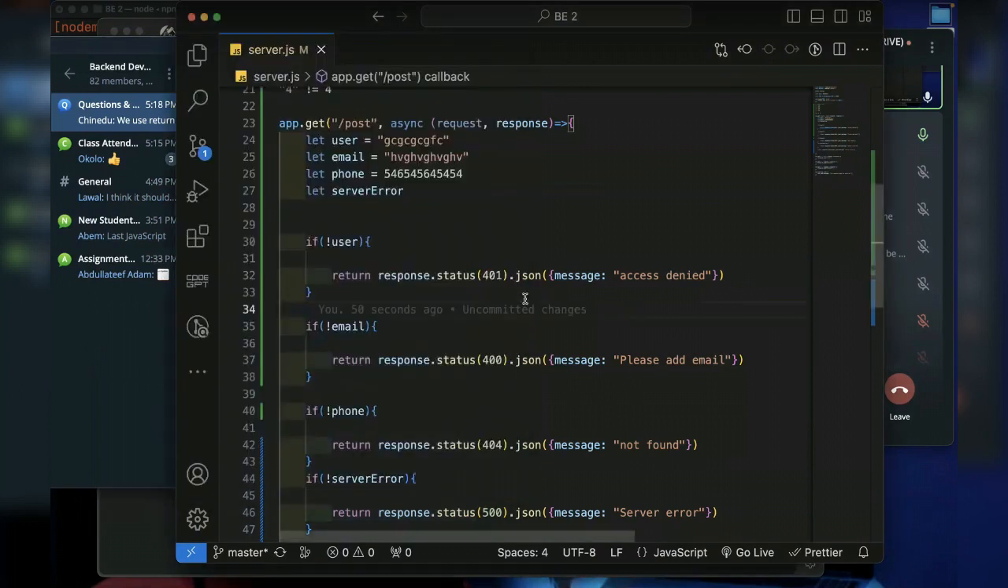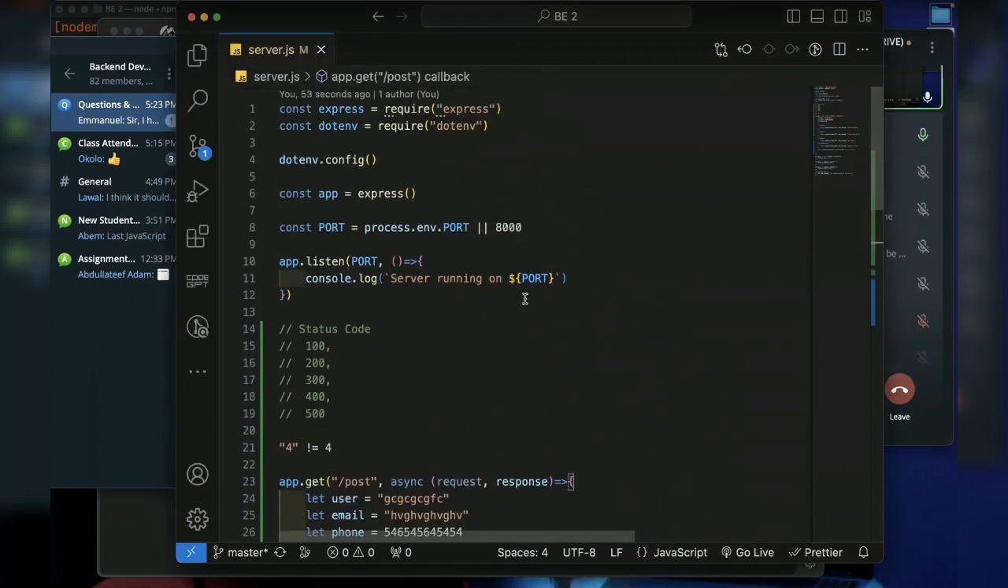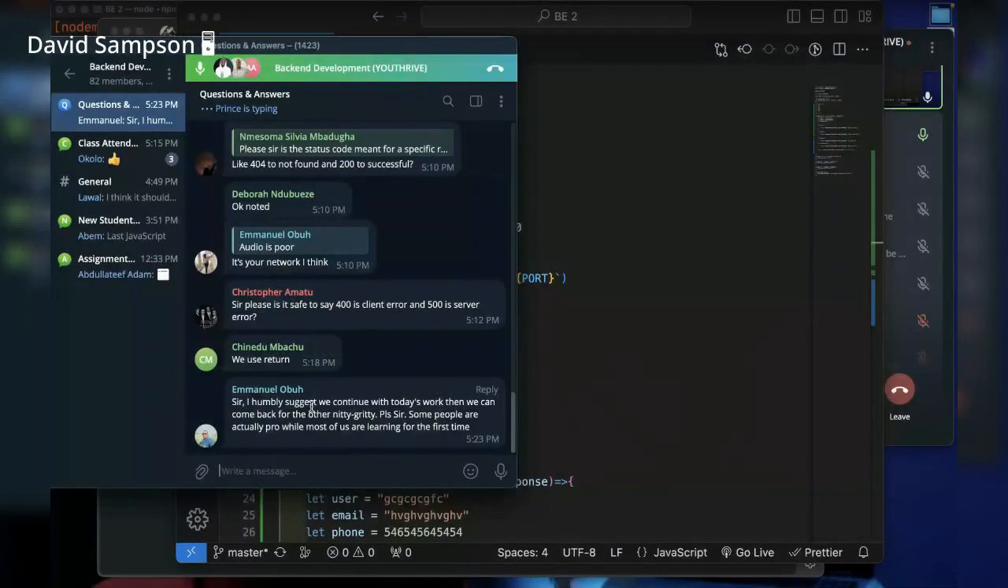So what I will do is I will go from the top of this code to the bottom. Actually, what we are doing is today's work. I understand that some persons are pro, but just how many persons are actually pro? I think it's 2 or 3 out of the whole class. Some persons are learning for the first time. So the most important part is